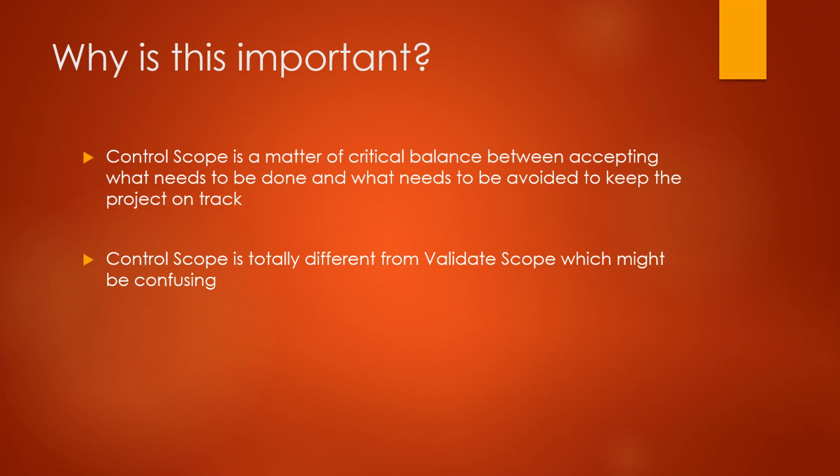Another thing is that control scope and validate scope are two different processes. That much you'll already know, right? But a lot of people confuse the two, and a lot of people are confused in the understanding of both the processes. Some of the folks I've spoken to think that control and validate sound similar, have similar meaning, or at least similar connotations, and that is the cause of the confusion. So it's important to read and understand the control scope process so that you can clearly differentiate it from